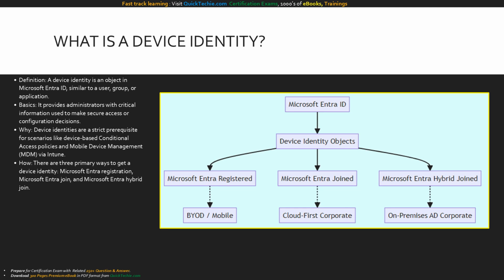Let's start with a fundamental question. What is a device identity? In Microsoft Entra ID, a device identity is an object, much like a user or a group. It gives us, as administrators, actionable information that we can use when making access or configuration decisions. Why do we need this? Because device identities are a core prerequisite for advanced security scenarios, such as enforcing device-based conditional access policies or managing